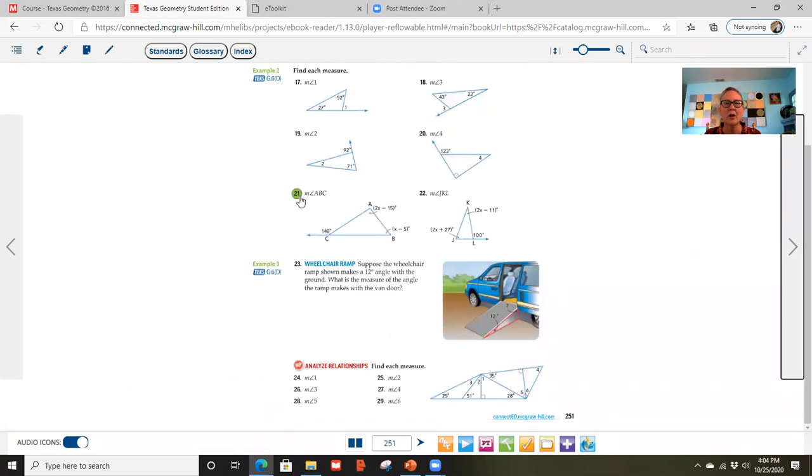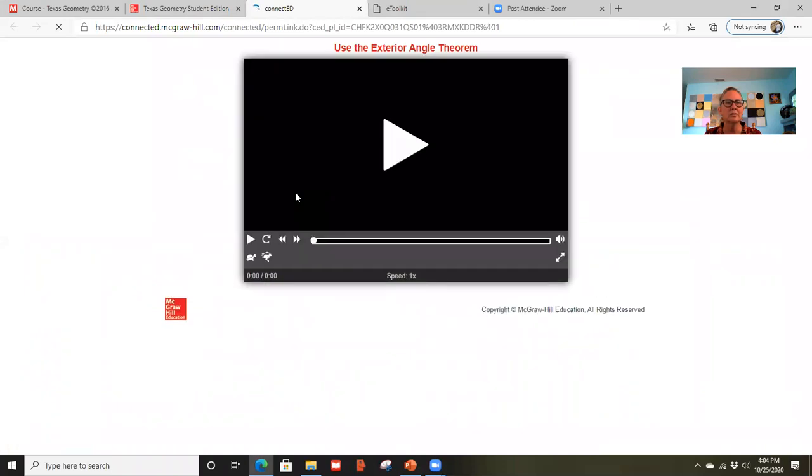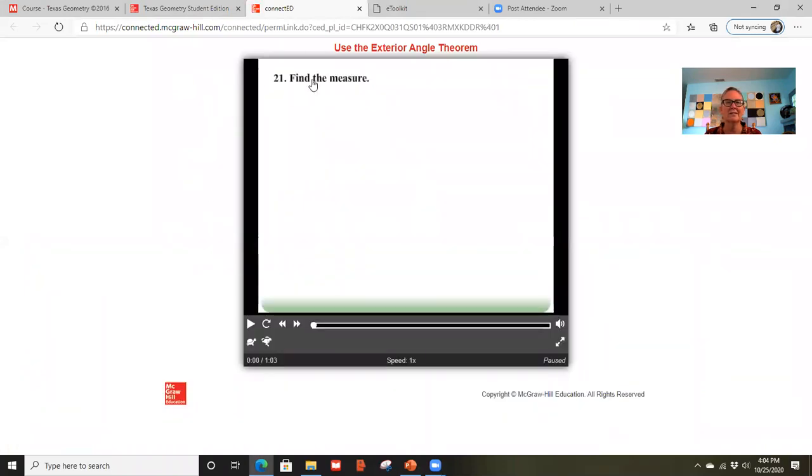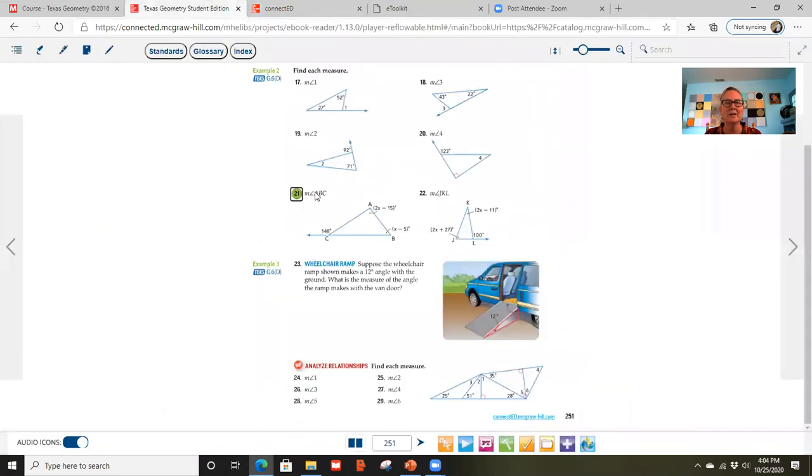Like for example, for number 21, it gives you a step-by-step solution in the back. Let's see, is it here? Oh, it's a video. That's neat. I'll let you look at that if you want, but I'll let you know that the measure of the